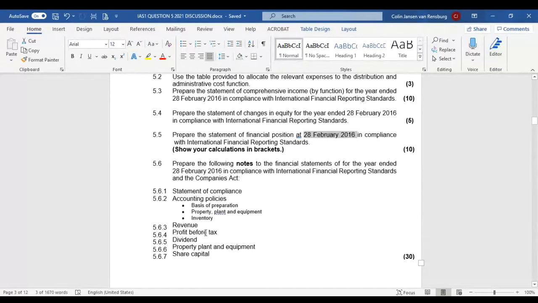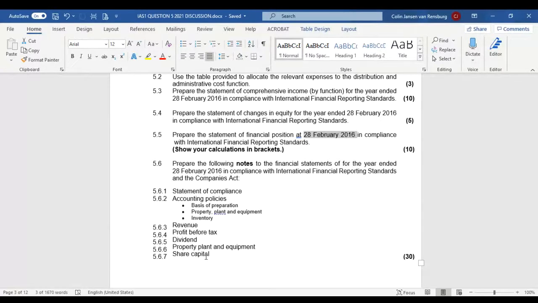We're going to look at the profit before tax note. We might have to look at the dividend note. We'll see later on. Like I said, the property, plant and equipment note, we're just going to use for reference purposes. And the share capital note, we've provided it here, but we're not going to actually go into that. We're just going to do the basic issue of shares